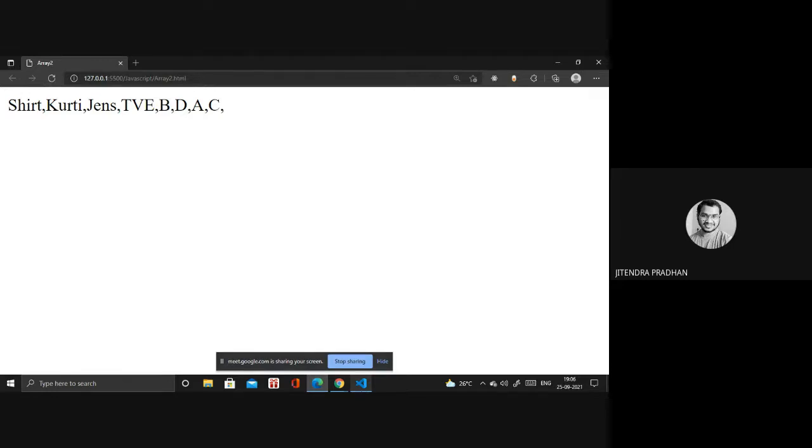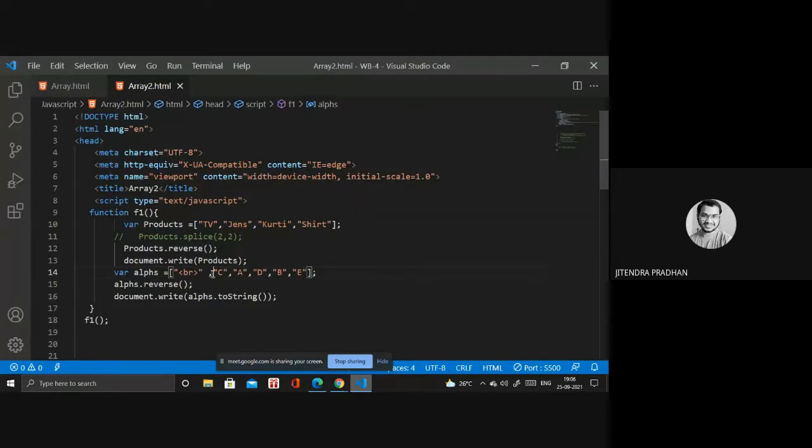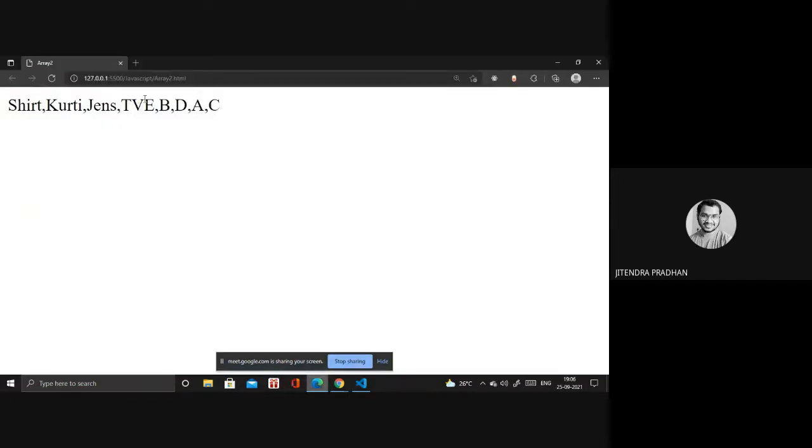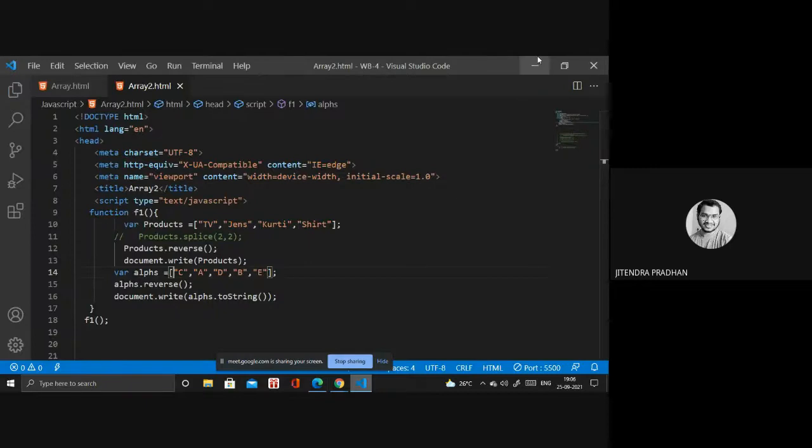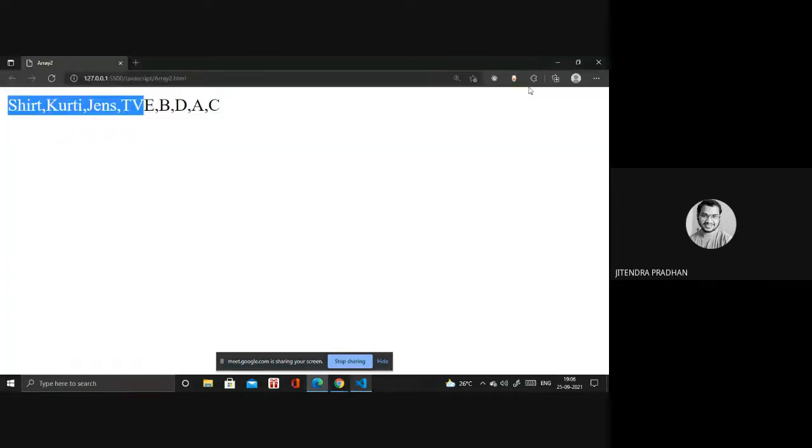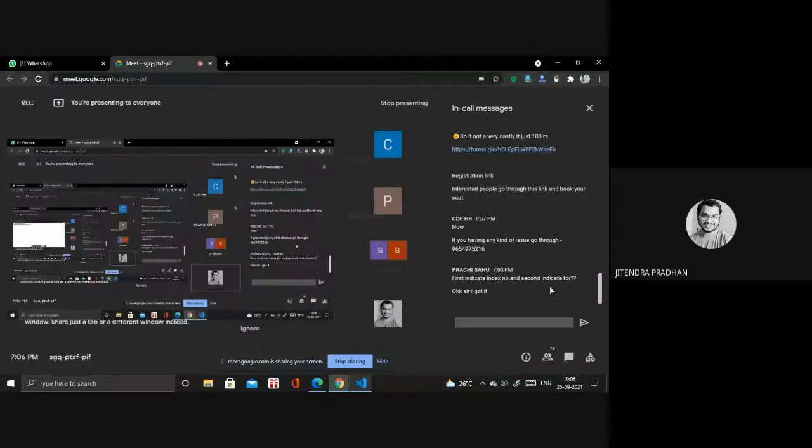Okay, no issue. I think an array is not allowed to break the line. Okay. So it printed EBDAC. We have sort, kurti, and jeans, TV. Okay, I hope you understood how we can sort any element in an array, and how we can reverse the elements in reverse order.